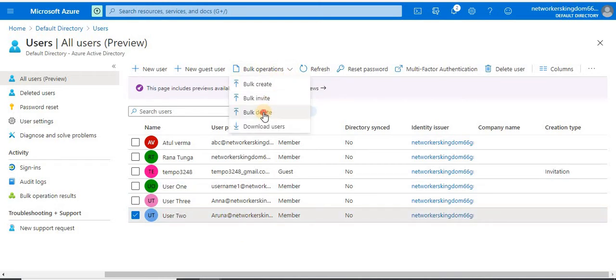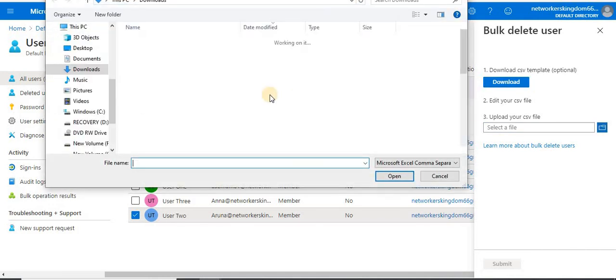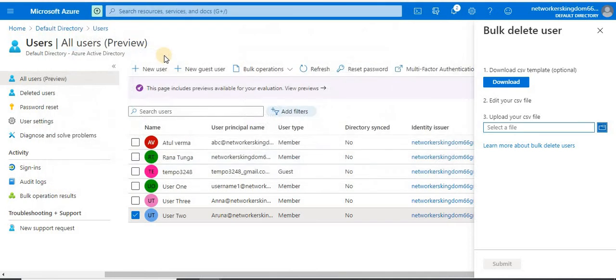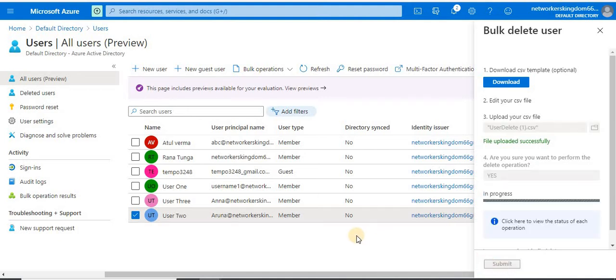Bulk operations, bulk delete. Let me upload that file, user delete one. It is successful. Type yes and submit. So once it gets successful, this user will be deleted.